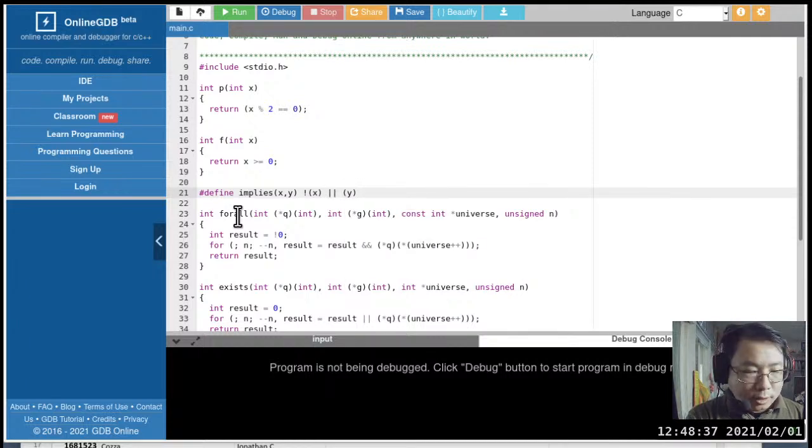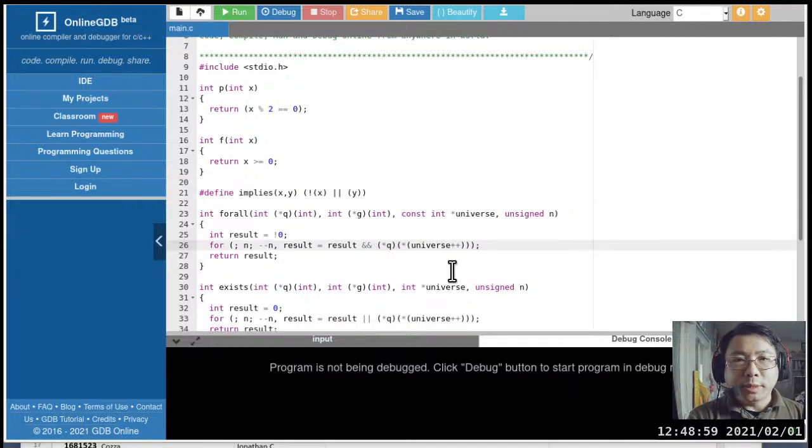Now, the reason why I have all of these extra parentheses here is because if implies is inside another thing, the extra parentheses will make sure that the macro expansion doesn't end up with some kind of weird interaction with the original expression here. All right, so we'll have to make some changes here because we need implies now.